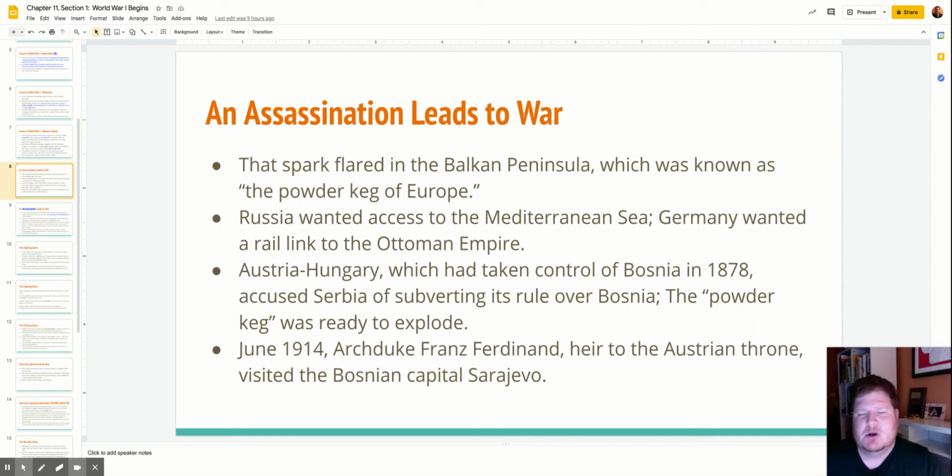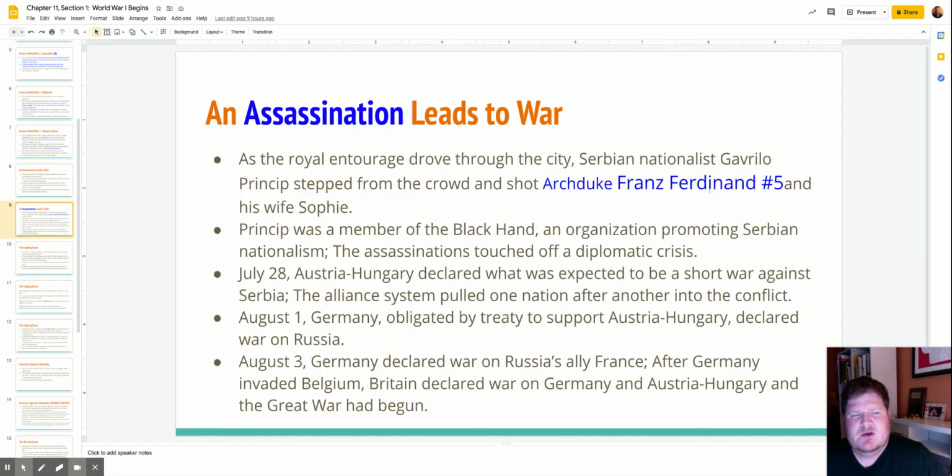So we see in June 1914, Archduke Franz Ferdinand, heir to the Austrian throne, visited the Bosnian capital of Sarajevo. And your answer number 5, by the way, is the assassination of Archduke Franz Ferdinand. As they were driving, Serbian nationalist Gavrilo Princip stepped from the crowd, acting like he was getting something to eat, got close to the vehicle, and shot Franz Ferdinand and his wife Sophia, killing them. Princip was part of what is called the Black Hand,